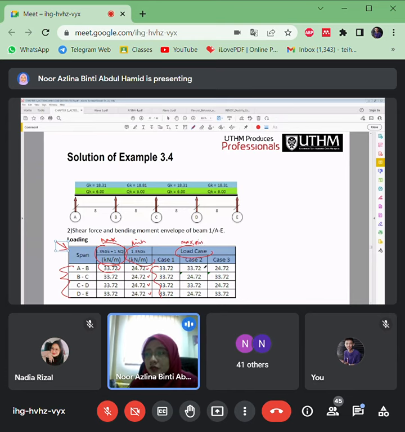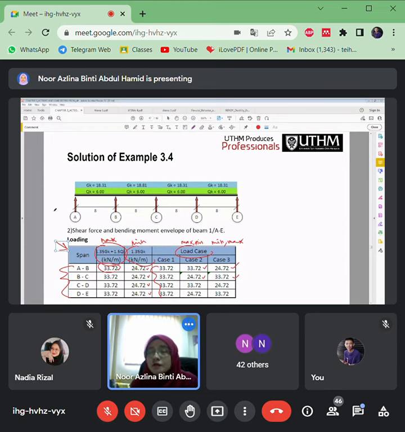So span AB is 33.72, span BC is 24.72. The same goes for load case 3. It starts with the minimum, then maximum. So this is minimum, this is maximum. If you look at this figure, this is loaded with all maximum load, which is load case